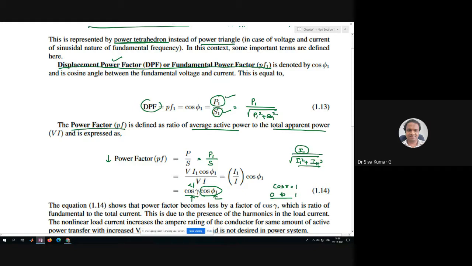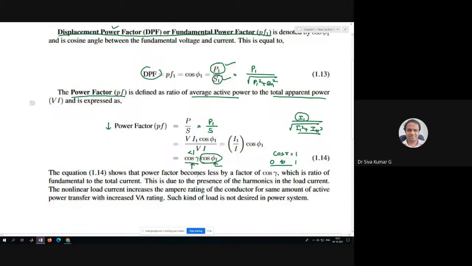This cos gamma is a kind of a distortion factor also. You might have heard about it as a distortion factor. The power factor is multiplied with respect to a distortion factor. The cos gamma is used to measure this kind of distortion factor. Because of that, the power factor is also going to be less. What happens when the power factor is less is that we are not utilizing the source in an effective way. When the power factor is equal to unity, I was mentioning, power factor is equal to P by S. When this is equal to P by P, then it is unity.